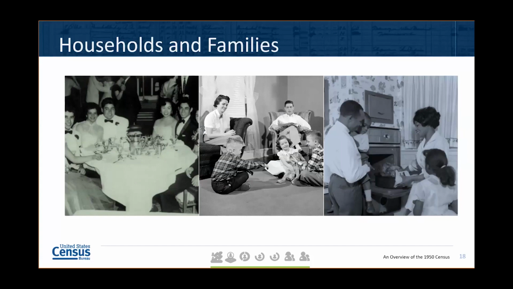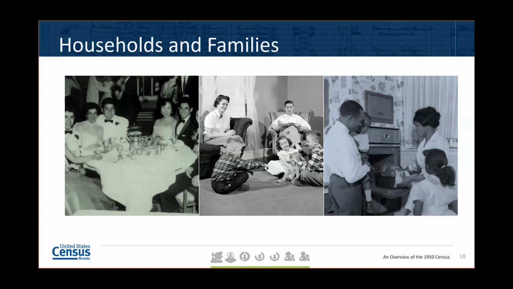While there was an average of 3.51 people per household in 1950, that now looks substantially higher than the average of 2.61 in 2019. One factor feeding into the higher average number of people in households in 1950 was that just 9% of households were someone living alone, compared to 28% in 2019. Also back then, adults were much more likely to be married, 68% of men, 66% of women, compared with 49% of men and 46% of women in 2019.